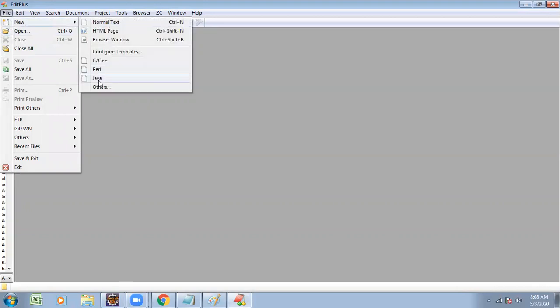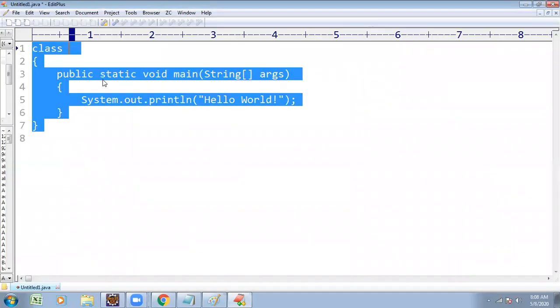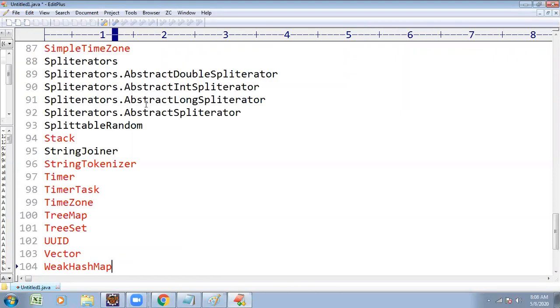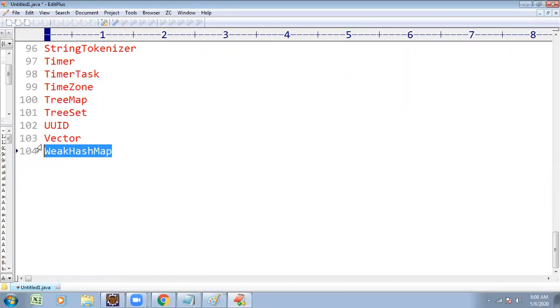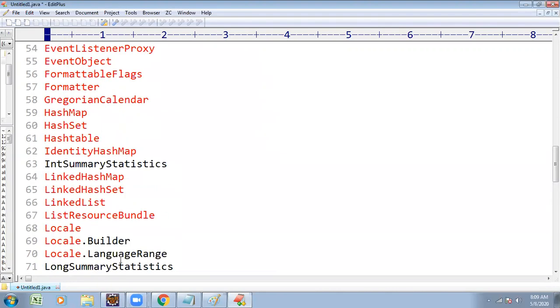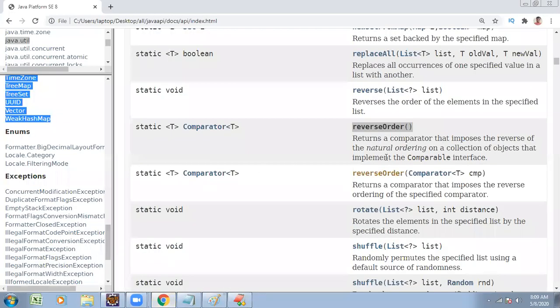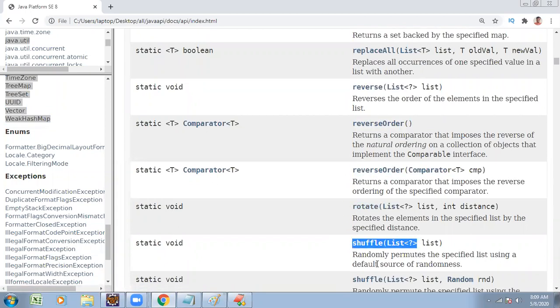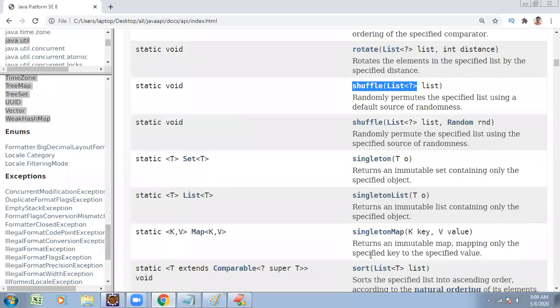In the java.util package, Java people have written around 104 plus classes and interfaces. In these interfaces, already existing methods are there. You find the reverse method, reverse order method, rotate, shuffle method, whatever the functionality, all built-in methods are there. What we have to do is utilize those.